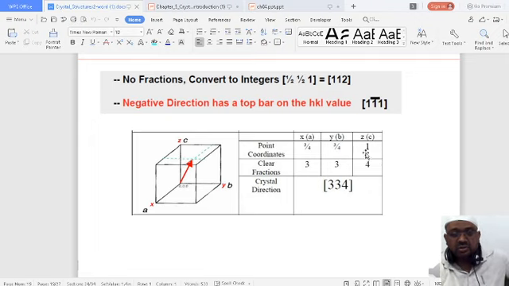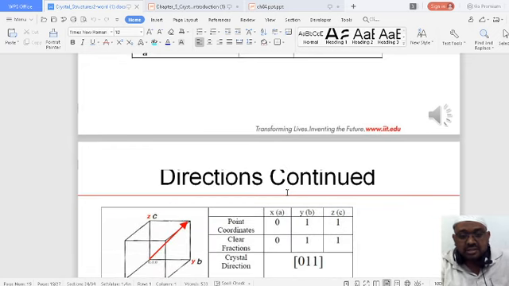So that is 1. When you take the reciprocal of it and simplify, first of all 3 by 4 by 1 will give you 4 by 3, and 4 by 3 and 1. So you can take the LCM and multiply by the value you get from the LCM. The value you obtain is 334, and 334 is the direction of the crystal where you find most of the atoms, the concentration.